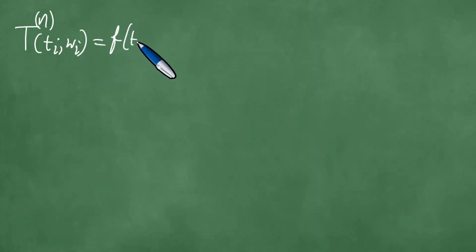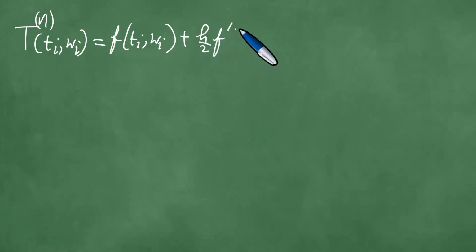Because that's what we used last time, it's in the textbook, prescribed textbook. So you have this plus h over 2 f prime ti wi, plus,